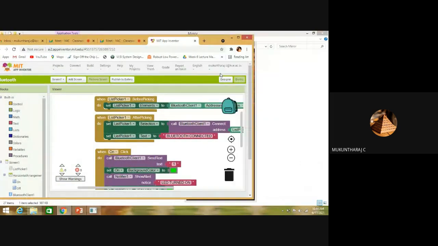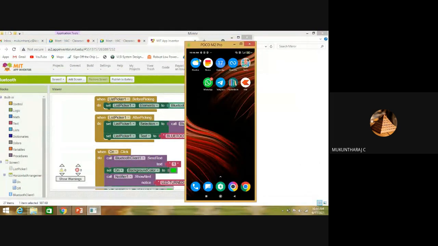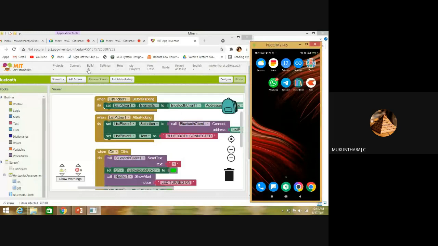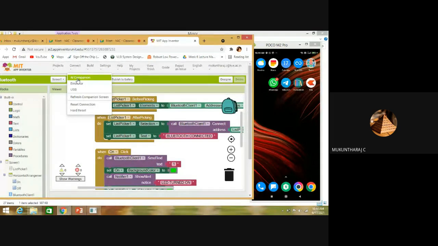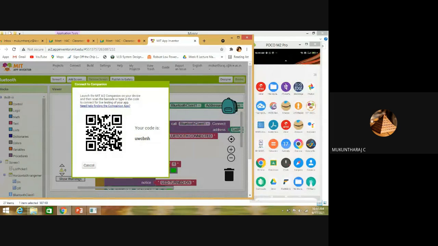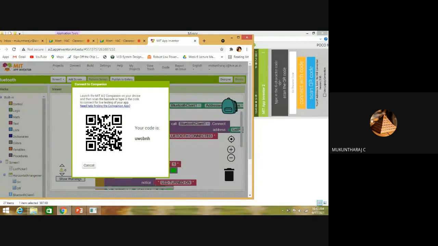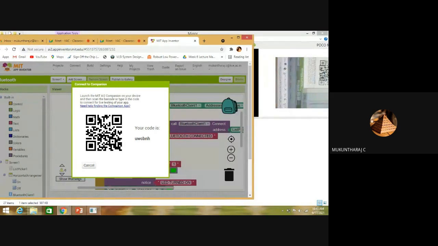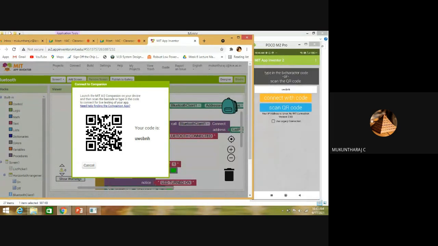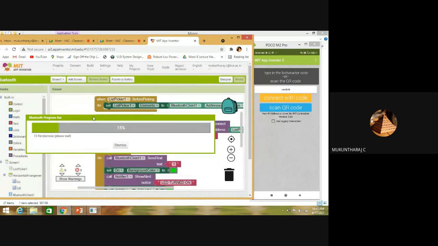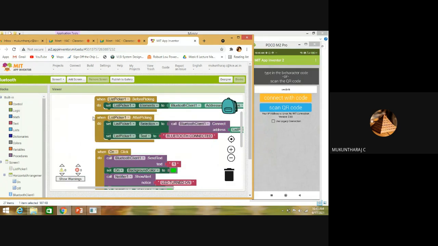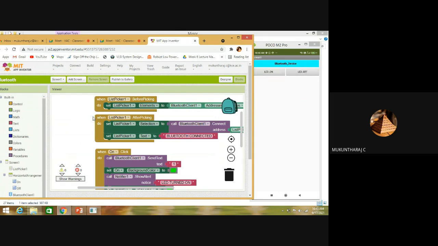I think you can see parallelly, right? I will connect as a companion. So you can see the screen, right?